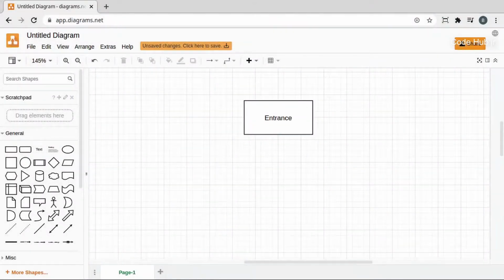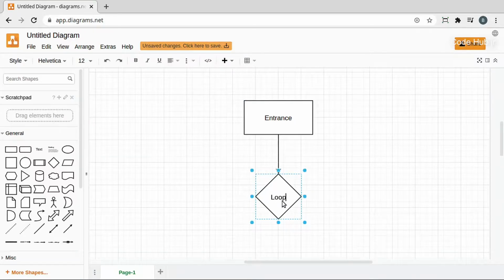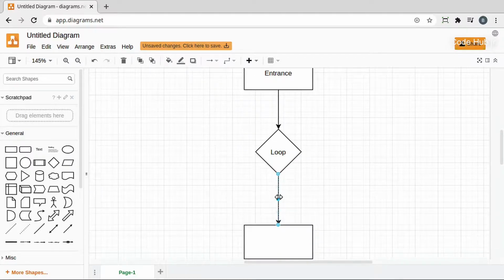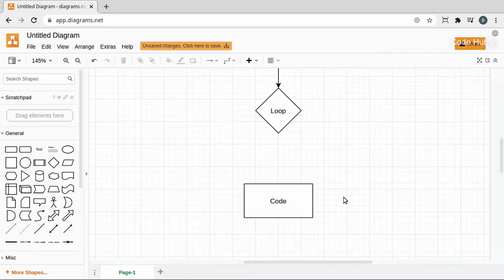Okay, a little bit of theory here before we move on. We have the entrance of our program, and we're going to jump down into some sort of loop. Let's call this our loop here, and it's going to evaluate this and run some type of code. Now, it doesn't really matter what type of code it runs. Usually what you're doing is some sort of incremental function. For example, count something, increase a number, look for data on a socket or something like that. So it's going to say, okay, start the loop, and do something.